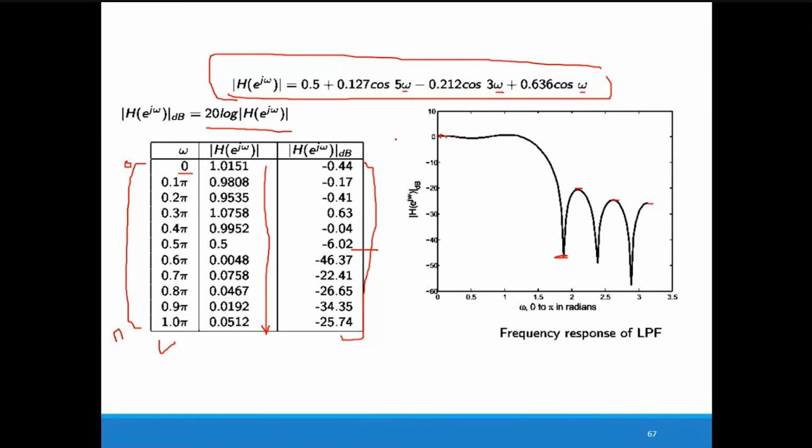When it is not mentioned in your example that you have to calculate the magnitude response, your calculation up to h(n), or the impulse response, is sufficient. When it is written 'design the low pass filter using following parameters', then you have to obtain only h(n). And if it is mentioned 'plot the magnitude response', then you have to derive up to this.